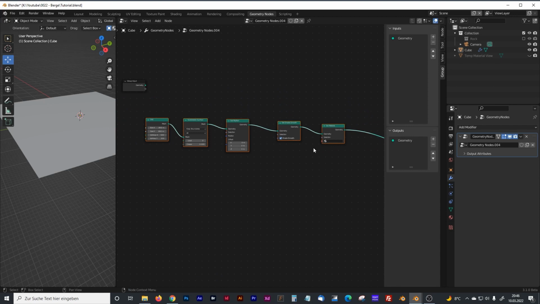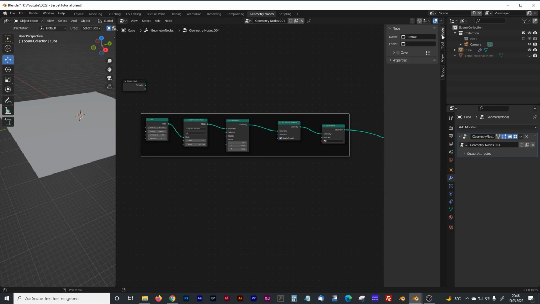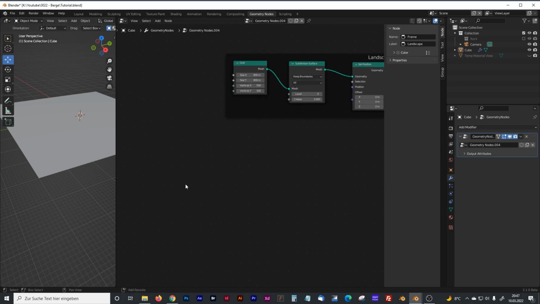Select everything and press Ctrl J to make a frame around it. And when you click on node, you can type in a name. I will name it landscape. Now it's time to make the distortion, the noise displacement, and therefore we will need